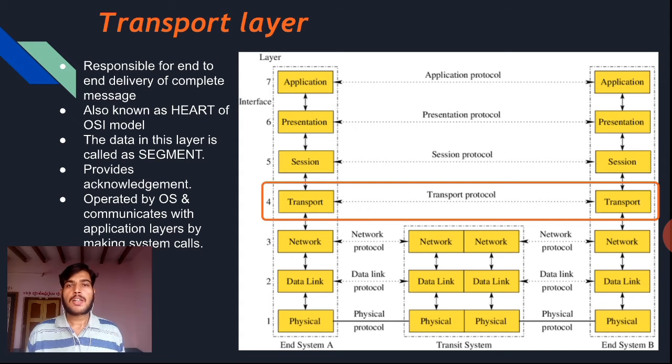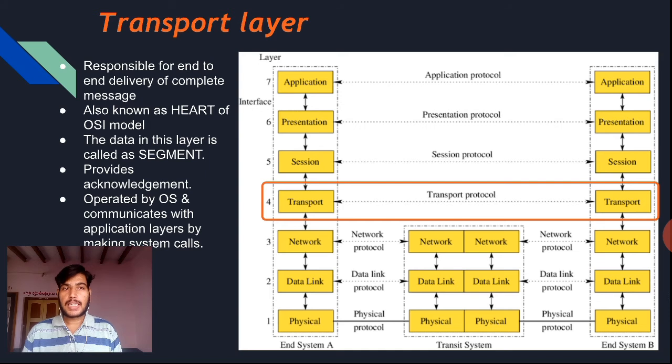Suppose the sending machine is sending a message, "how are you." It has to reach the destination side completely as "how are you" only. It should not reach as a part of the message. For that, this layer makes use of an acknowledgement facility.